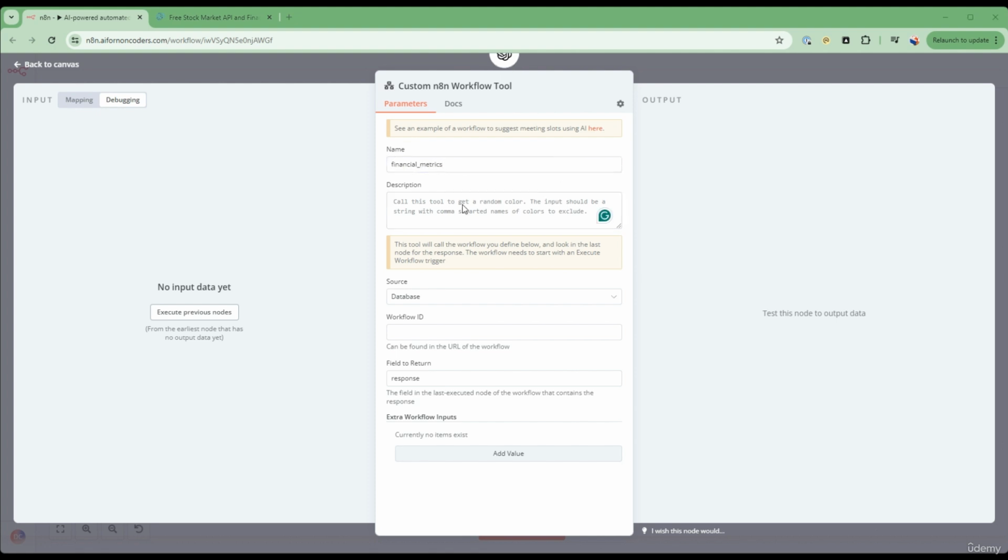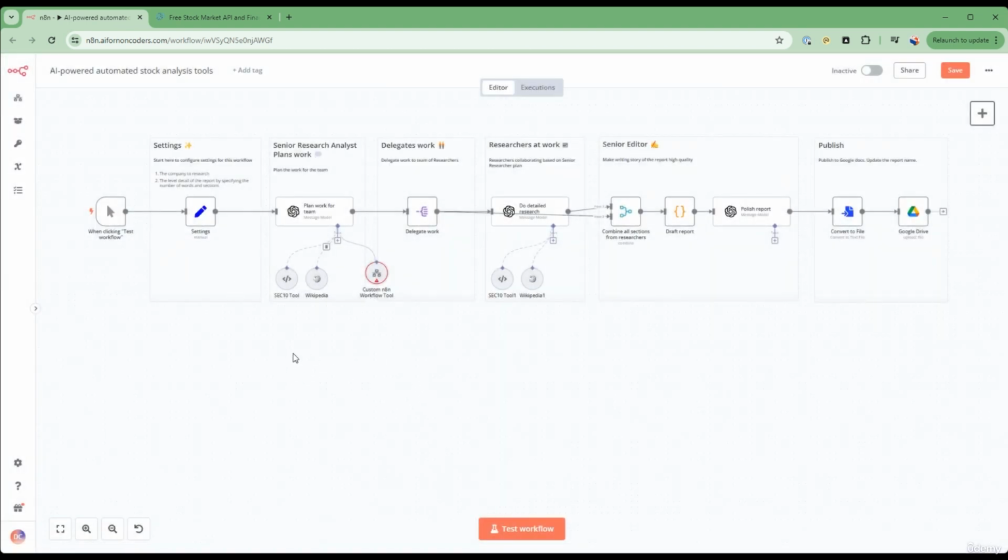And I'm going to tell it when to use this tool. I'm going to tell the large language model, call this tool to get financial metrics for a stock ticker. That's how it knows what this tool does. Okay, so the workflow ID, I'm going to have my n8n custom tool within the same canvas as this workflow